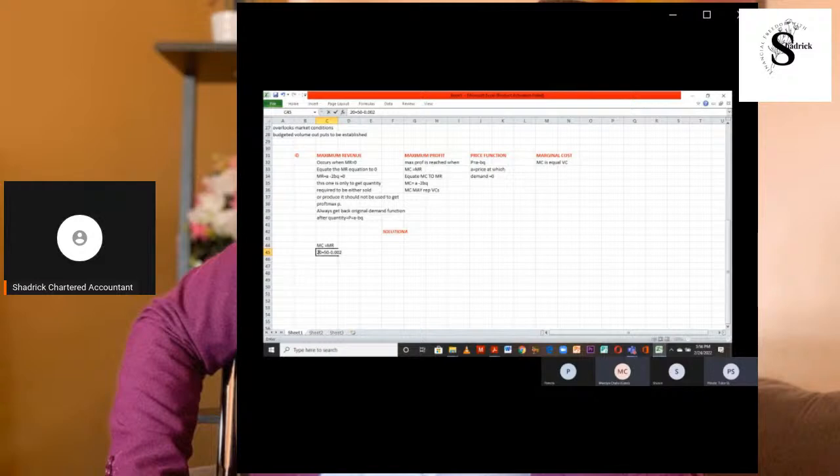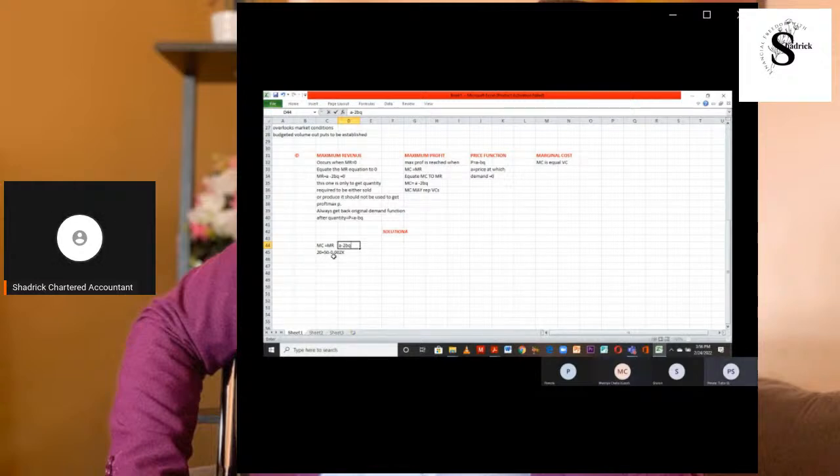0.002x or q. It's the same thing. And you say now, look at it this way. This MR is simply A minus B minus 2BQ. Sometimes Q can represent X. All right. So this is why you see the 50 is representing A, the 0.00 is representing B, and then